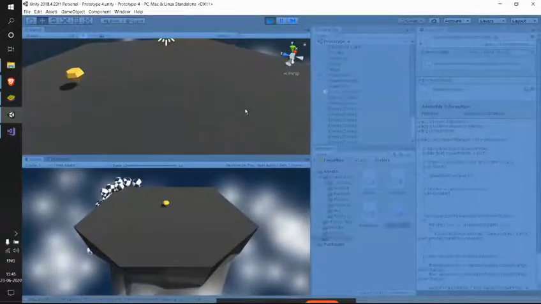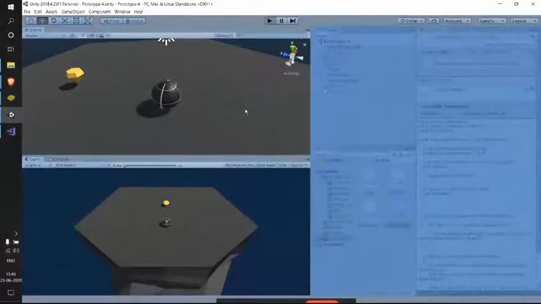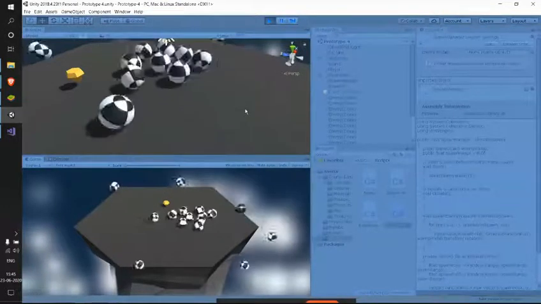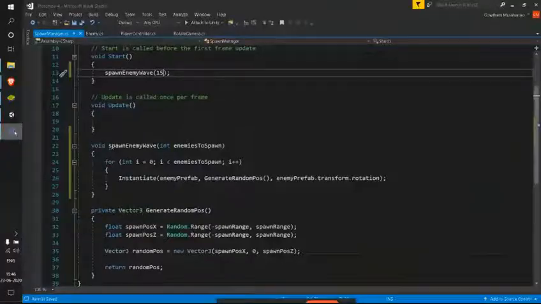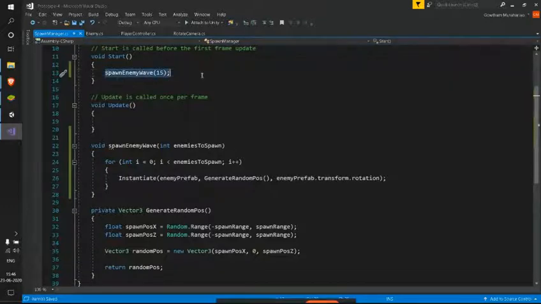Let me try that once again. Wow. Sometimes these kinds of physics clashes happen, but that's okay, right? See, we have these 15 enemies now. I just did that to test, and now every time we are having some number of enemies, we are just generating those many enemies. We don't want that even.